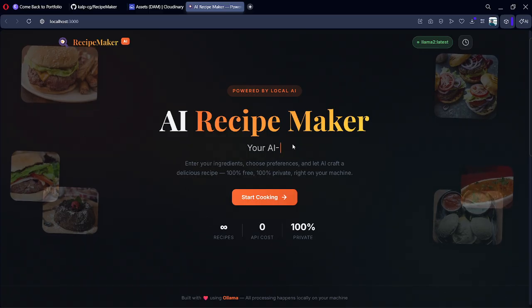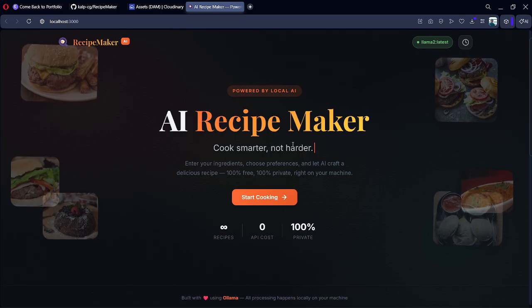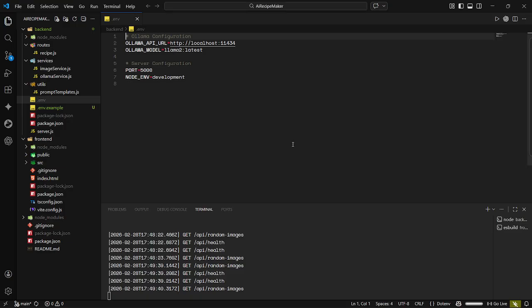So you just type in whatever ingredients you have at home, choose your preference, and a local AI model running on your own computer generates a full recipe for you. I'm going to show step-by-step instructions on how I made it, and first of all, it tells you the cooking time, serving steps, even a food image is fetched automatically. So I built these features in it, and the craziest part, the AI runs offline on your GPU using a tool